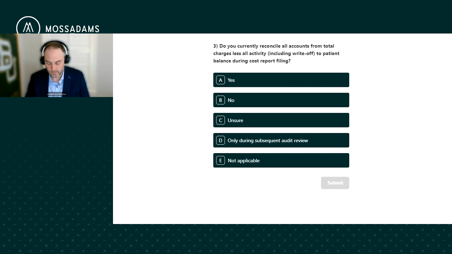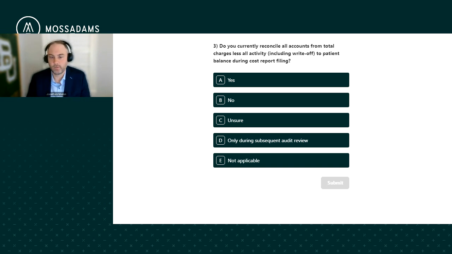If you start to look at reversals or something that happened in the subsequent year before you filed, you could change what's on your report now. That is one way to handle it. But when you start to look ahead and make adjustments in this year, you make the adjustment in this year, let's say it's reversed, so you reduce your amount. If you go into next year, you've got to make sure to not count that reversal again, right? You could be double hitting yourself.